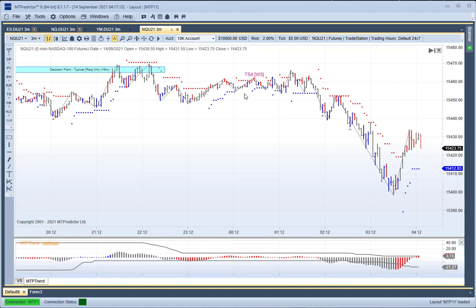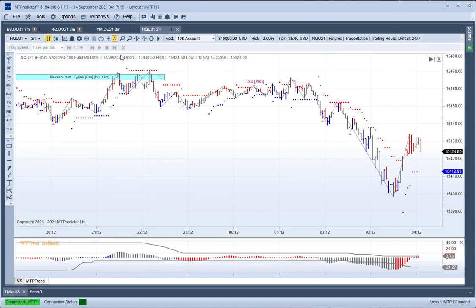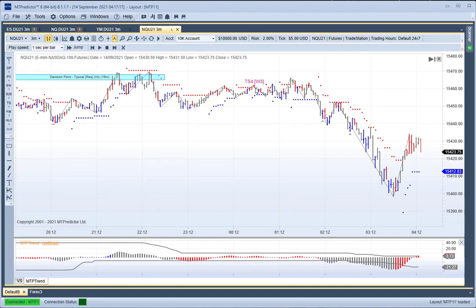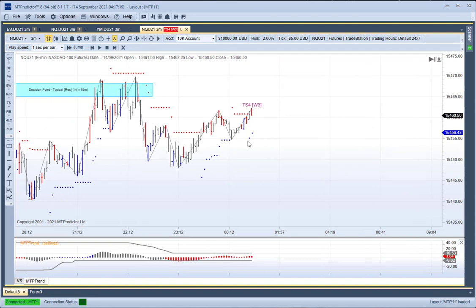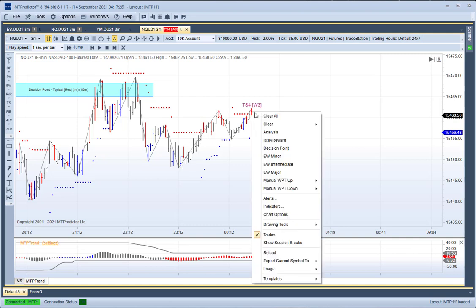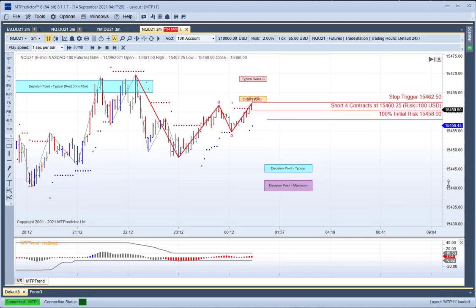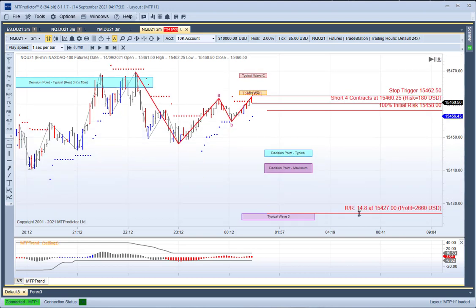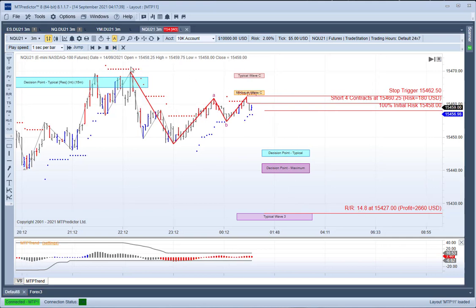Can you see we did have a short trade here, so if I use training mode we jump back to this. At the time that looked to be a very good trade setup, didn't it? Coming off higher time frame resistance, started to go down, made a lovely ABC correction, our MTP trend is red, we placed the analysis on. The potential target was almost 15 times the initial risk, 14.5 times the initial risk, so this looked to be a very good trade at the time, and you would have been taken in, and the market did start to